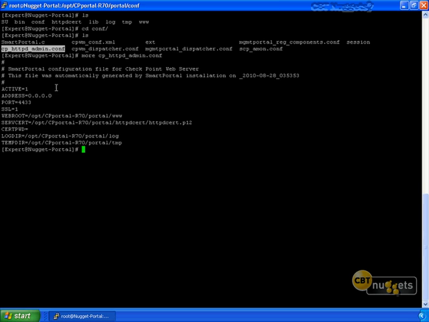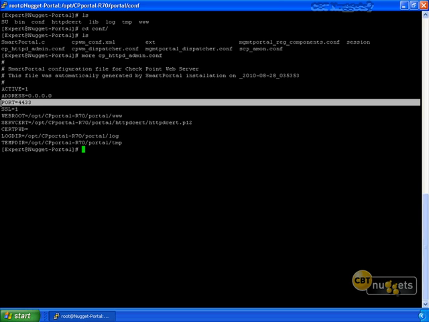Let's say, for example, if you want to make some changes to the actual structure of the portal file, you can do that right here. And it tells us that this file was automatically generated by the Smart Portal installation whenever we installed it. Is it active? That's set to a 1. The IP address is basically this box, 0.0.0.0, on port 4433. Now if you wanted to change the actual port that's accessible on the Smart Portal, you could change this information right here by simply vi-ing this conf file and putting in whatever particular port you want the web portal to advertise to your outside